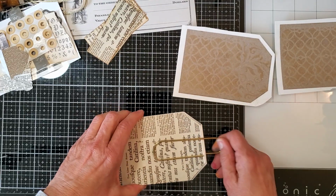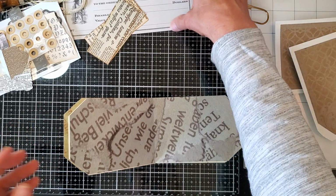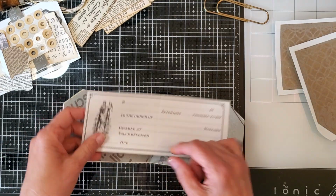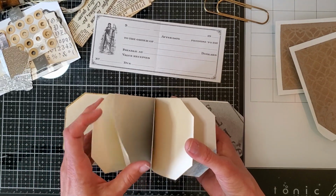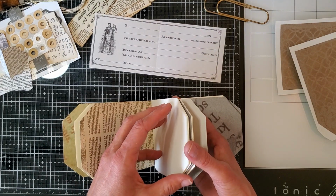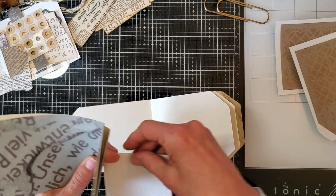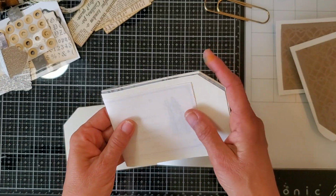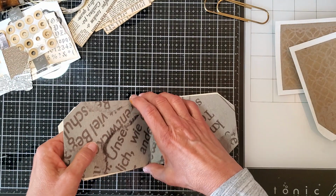let me decide. Oh yes, I remember now what I was going to do. Okay, so I'm just going to put this in randomly. I don't think I want it in the center. I think I'll just put it in maybe here. Okay, so that's just going to be a little bit of, I don't know, something interesting. Okay. And then,